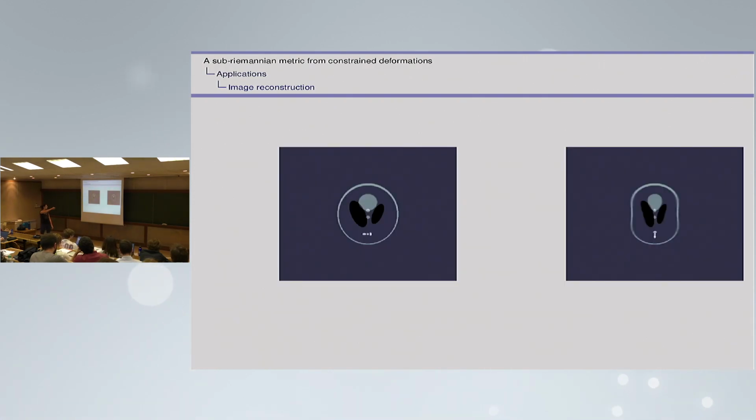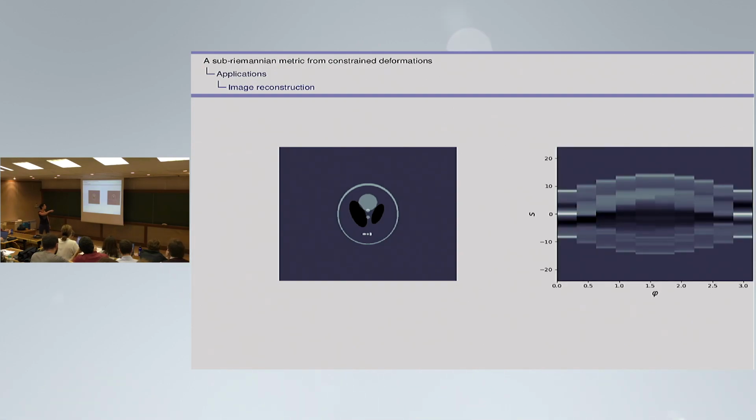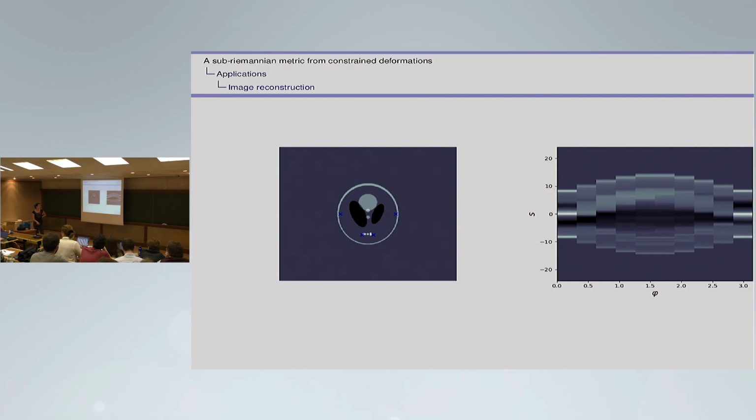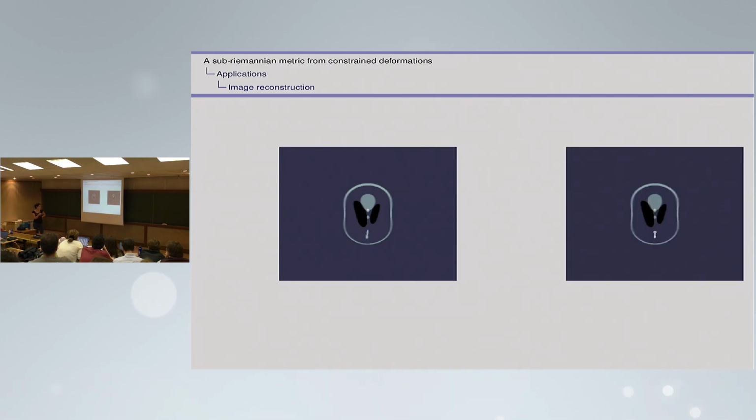So in this case, this is my template, this is the ground truth, what I want to reconstruct. This is my data. In practice, you don't know the ground truth, but here we assume at least that we know how to move. So I will take a combination of two deformation modules. One creates a contracting dilating field, as I presented earlier, and the other one creates a local rotation around this area. Then I minimize the functional that I presented here, and here is the trajectory that we obtain. So we obtain something that is relatively okay.